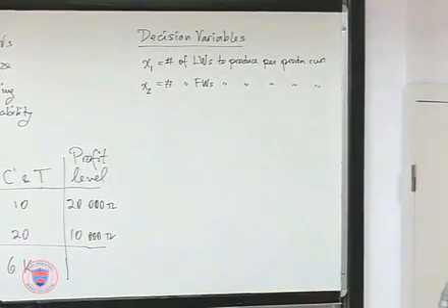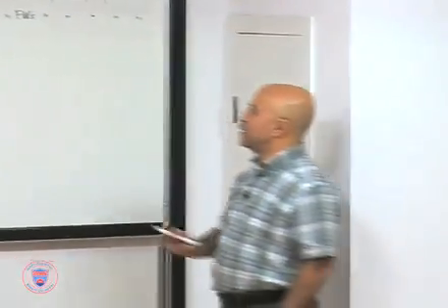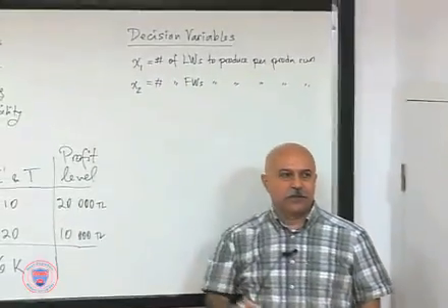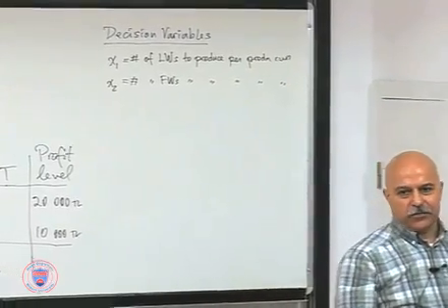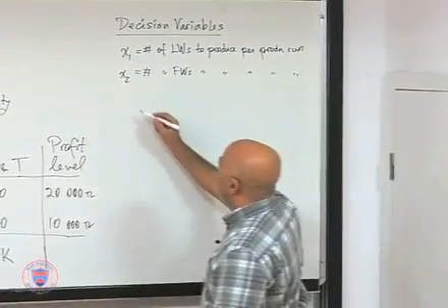Now, when you work on homework problems, make sure you've got a good definition, a precise definition for your decision variables. If not, if you came up with the wrong definition, you will not be able to express some of the things that you should like to express. Okay? In that case, you go back and try to come up with different decision variables, perhaps, to make the job easier. All right, in this case, this is natural. And then